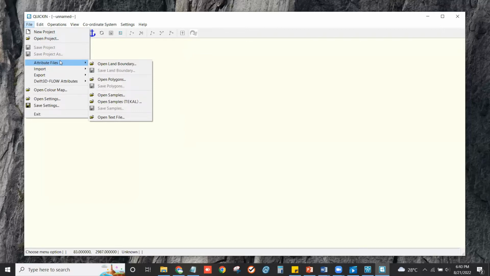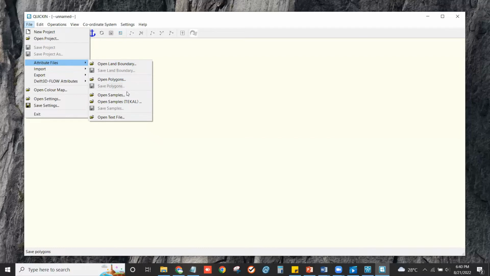In this case, I will just explain what we commonly use, like open boundary. Open boundary is the LDB data to represent the coastline.